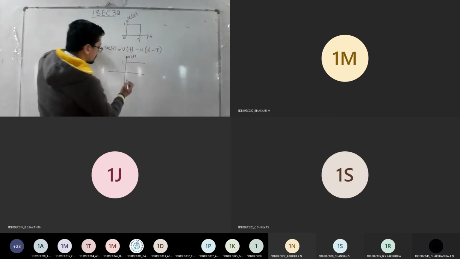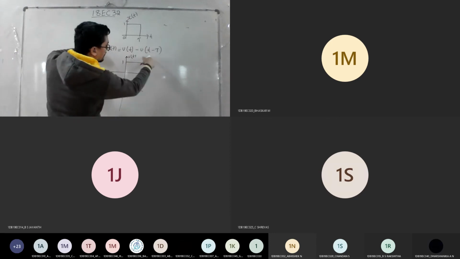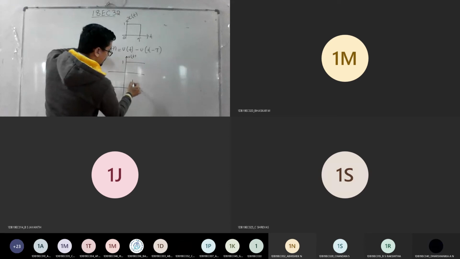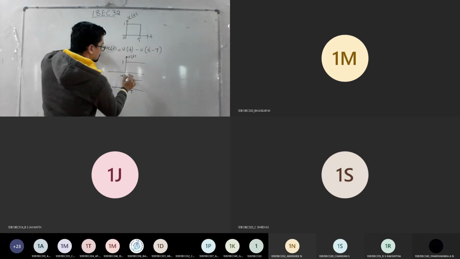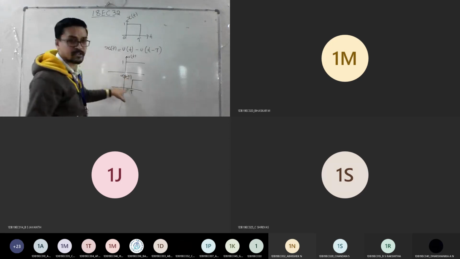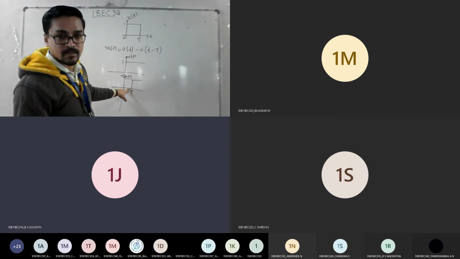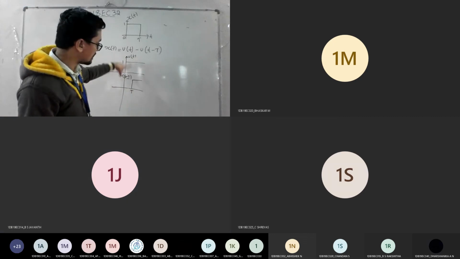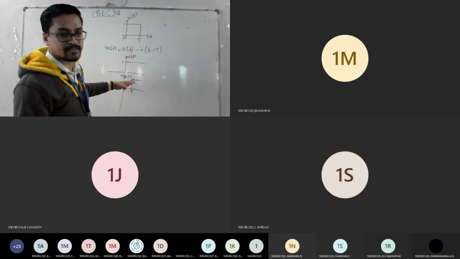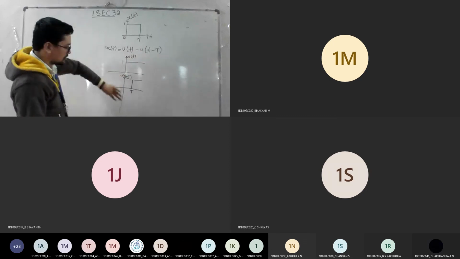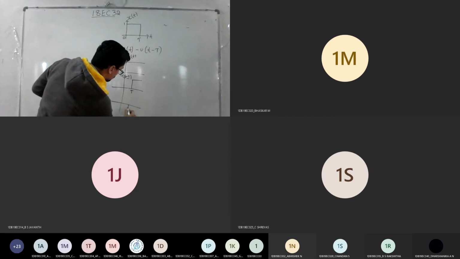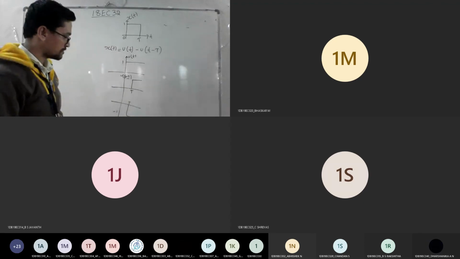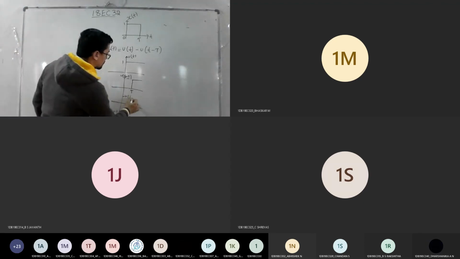So in general, how does your u(t-T) look? I don't know this T, I'll just put it in general. Is this your u(t-T)? Correct or wrong? Yes, sir. Now instead of subtracting, if you take minus of it, it will become folding, so it goes in this way. This is your T only, and the amplitude becomes minus 1. So this is your minus u(t-T).